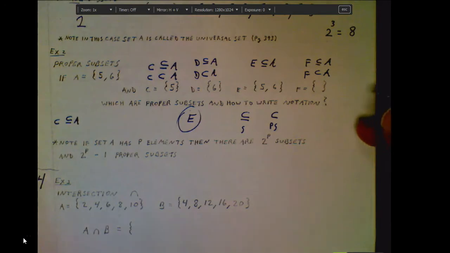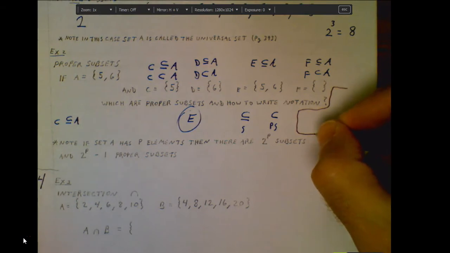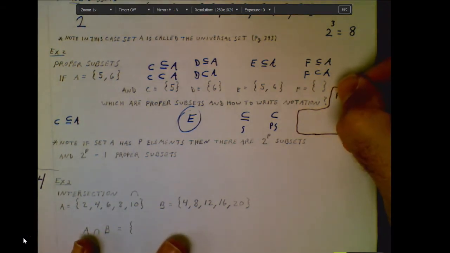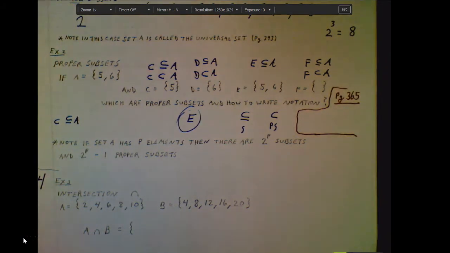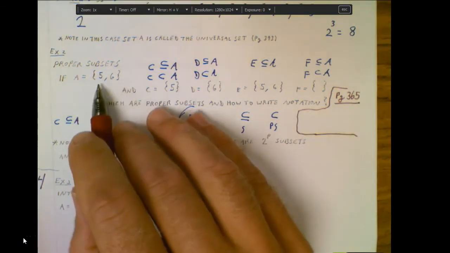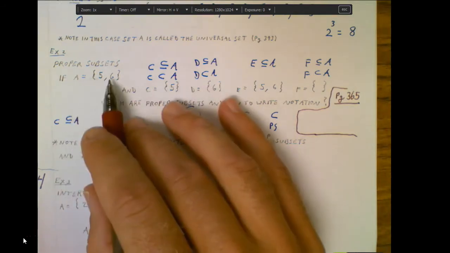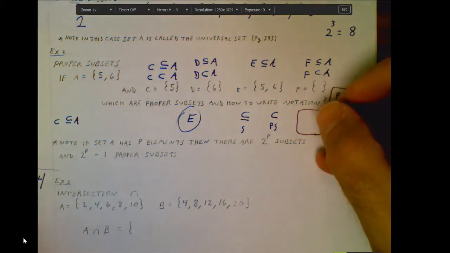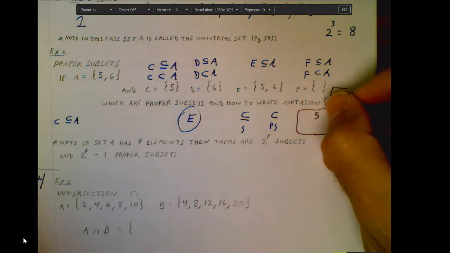Let me just tack on one last idea here on page 365 of your book. There's a great chart on page 365 that helps show you some proper notations that are involved here. So let me give you one example. Because we know that 5 is a subset of set A, we also know that 5 is an element of set A. So one idea with notation is when you list an element, if I were to say that 5 is an element of set A,